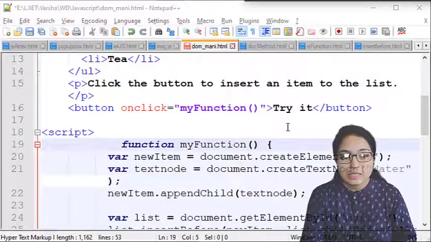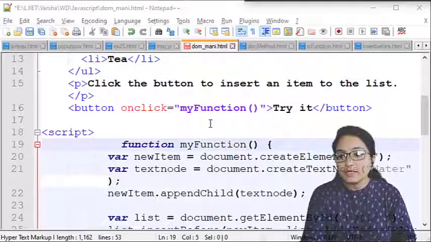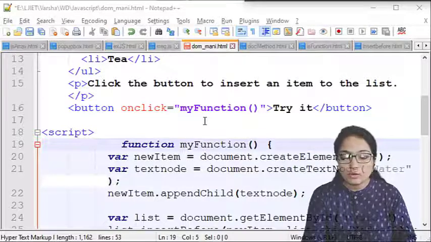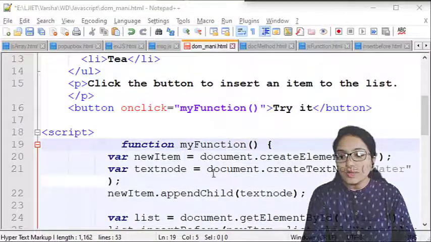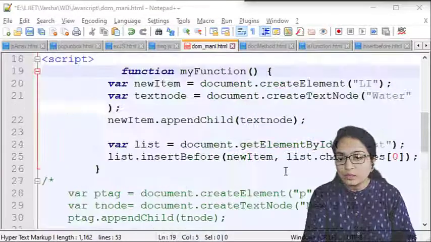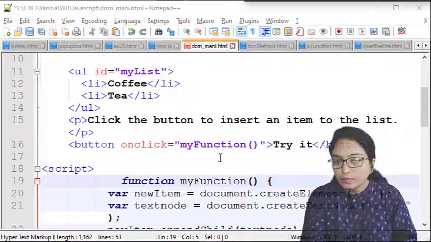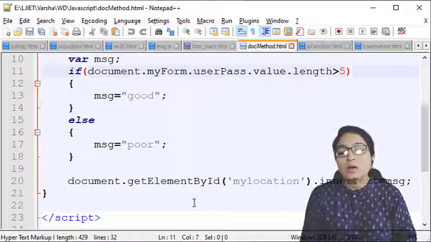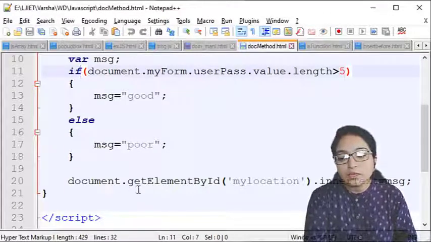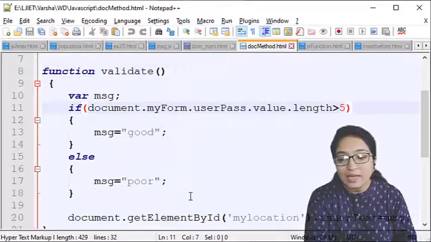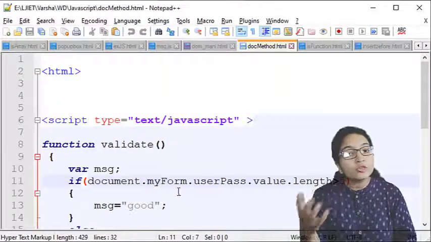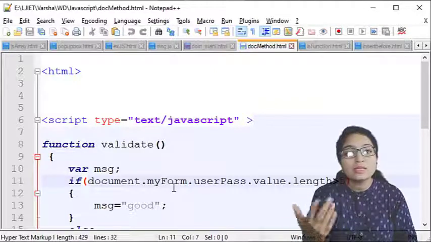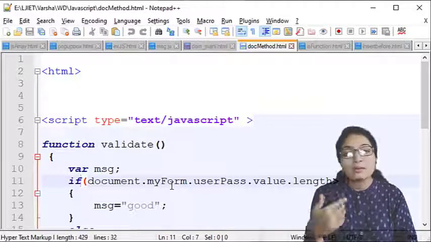Okay, so here is the practical for DOM manipulation. Document.write, all of you are aware of it. First see the document method, in which there is access through getElementById. We are accessing the element by ID. Before, we have also seen the practical of that p tag, in which we access the p tag using its ID and display something.